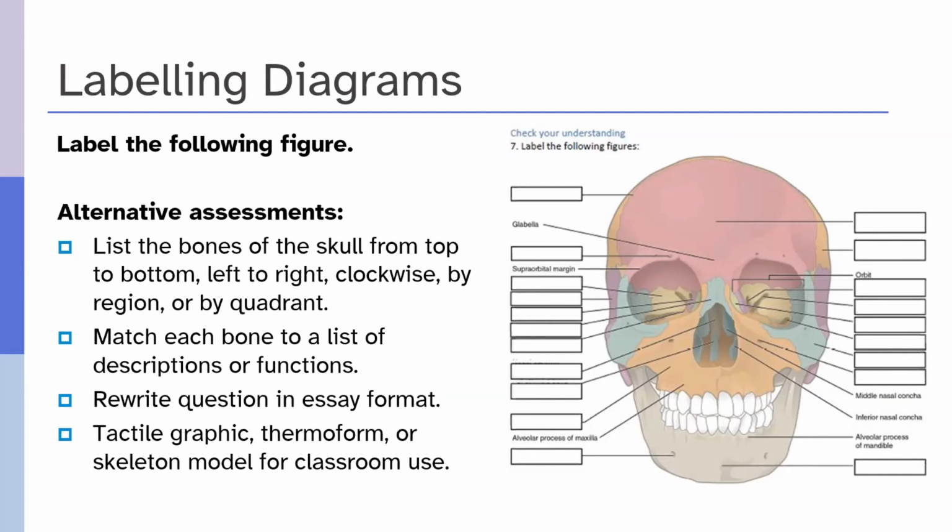Another way of assessing this information would be to provide essay format questions about the different skull structures. Maybe you could ask a question where the student could respond and describe all of the bones and structures around the eye orbit, right? And then they can go in depth and detail about those structures and bones, describe where they are, how they function, and then the student is not having to, again, reference a visual diagram.